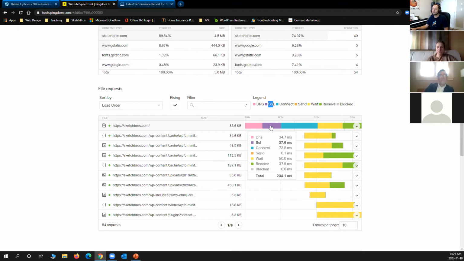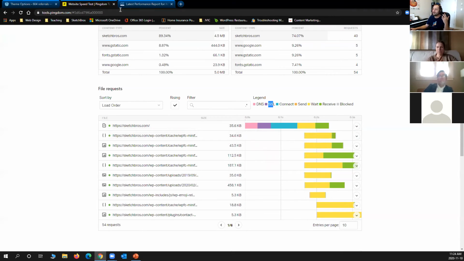If you buy an actual good, proper, well-written SSL, this time can come down to 2 milliseconds, which is a lot. Remember that every time your website is making a request, it's also making an SSL request. Every time your website is making a request, it's also making a DNS request. So it doesn't happen one time. It happens 5,000 times just for one image to load.